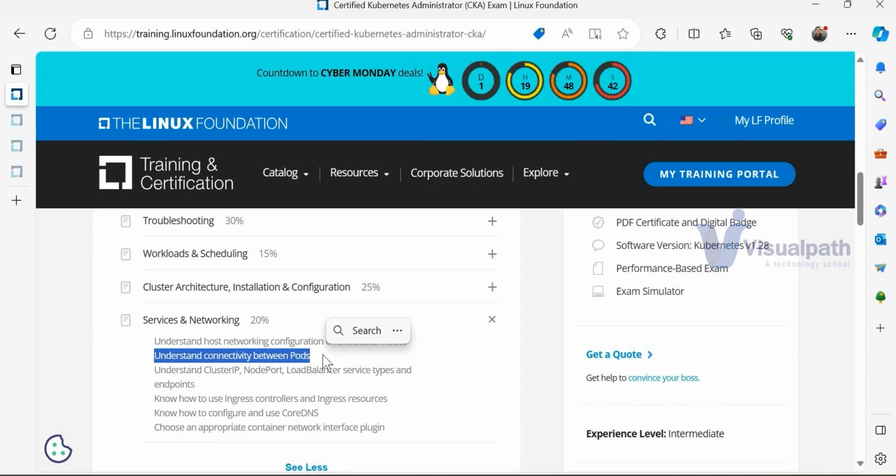maybe a messaging service or maybe MQ, or maybe any other Java application, some middle tier. How will I connect all these things so my application runs as one suite of applications? All that we will understand: how the pods are connected. And here we will do a deep, detailed study while building the pod itself.